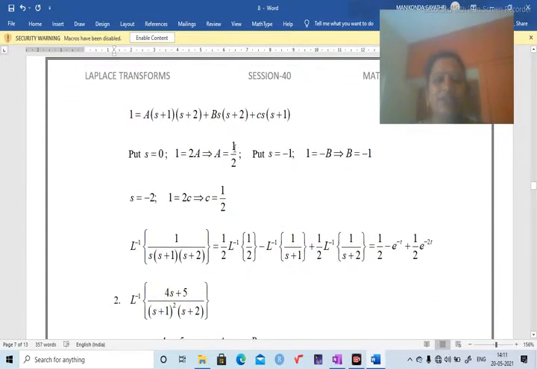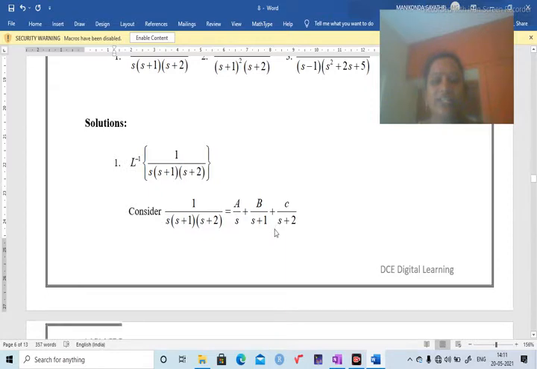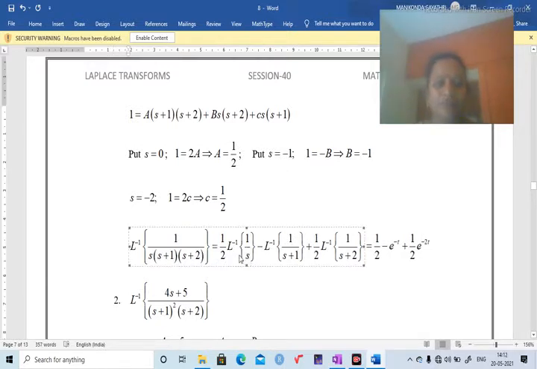So, a equals 1 by 2, b equals minus 1, c equals 1 by 2. Substitute the a, b, c values here and take L inverse. So, 1 by 2 is a constant, L inverse of 1 by s, the a value is 1 by 2. For b, the value is minus 1, L inverse of 1 by (s plus 1). The c value is 1 by 2, L inverse of 1 by (s